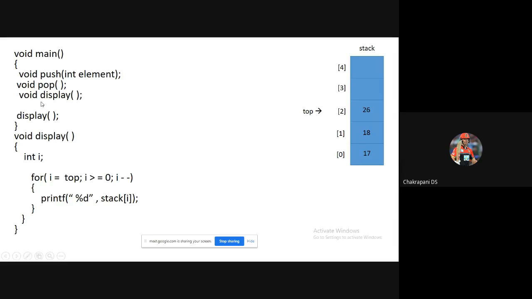I have already explained the push function, so just imagine that. Okay, I have called the push function 3 times. Since the push function is called 3 times, how many elements get inserted into the stack? 3 elements get inserted, whichever elements I pass each time. Top will have the index value 2. I mean top will be incremented to 2. That's why it will be pointing to the index value 2, which has the element value 26. After that, instead of adding all the elements, if I immediately call the display function,